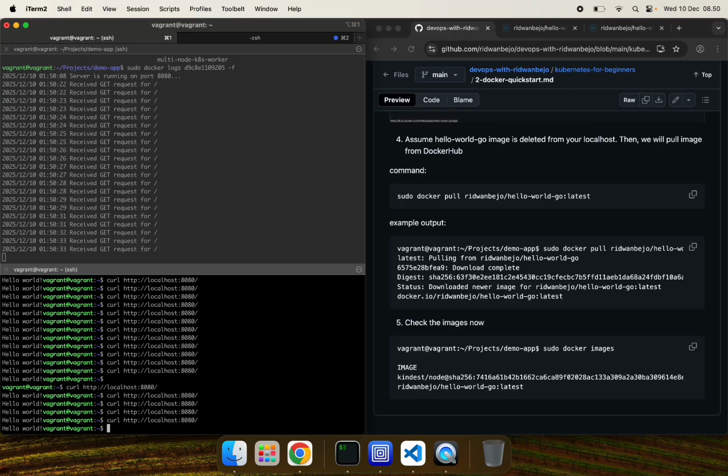So what's the point of this tutorial or this video? Basically, this image will be pulled by Kubernetes when you define a deployment. For example, you create a deployment called hello world. When you specify the image from Docker Hub, it will pull the image, create pods and containers within the pods based on the image you specify from your container registry.